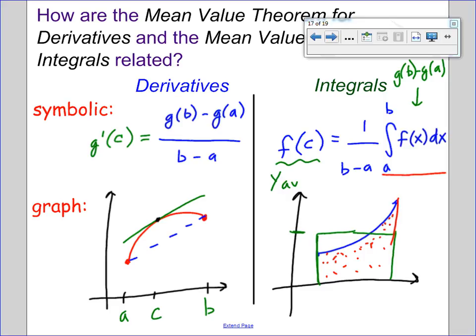And so here is my thing, which means that the G prime of C is what? Because now these are equivalent. The right hand sides are equivalent. So what's G prime of C? It's F of C. It is my average value of F, and F is the derivative of G. And so